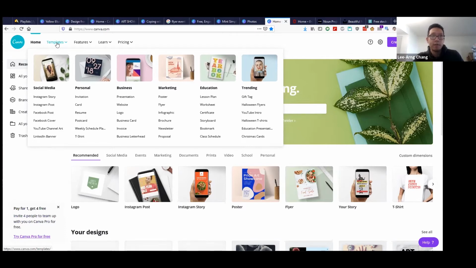If you have ever used, say, PowerPoint templates, they're a little bit restricting. They're a little bit boring. So Canva is really a good alternative to something like PowerPoint for creating slides or a poster or a flyer because of the number of templates it has and the number of templates you can really explore.